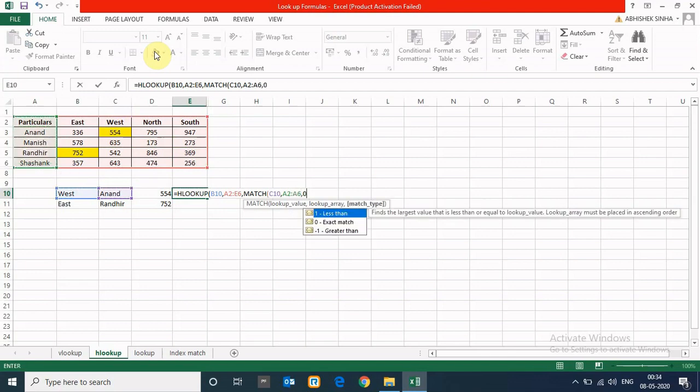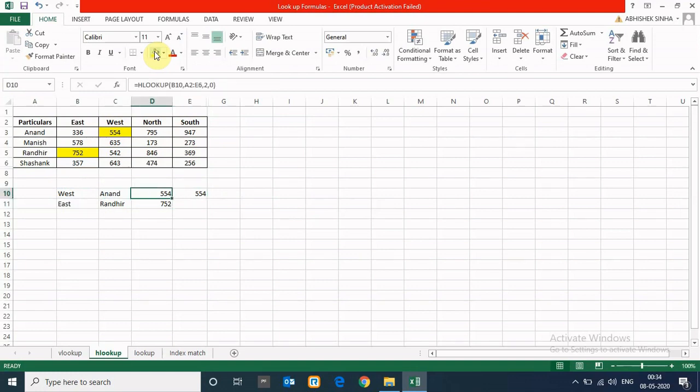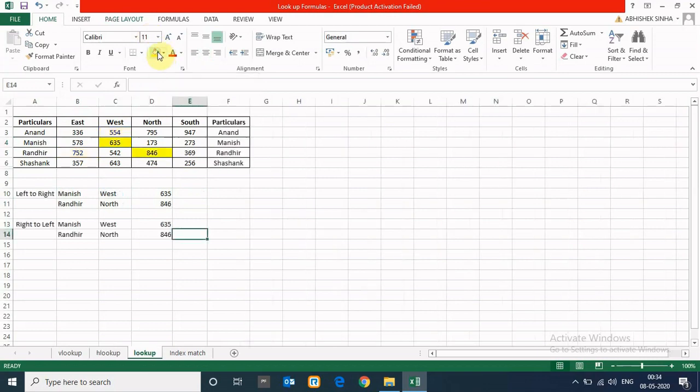Okay, so 0, it's 554. Now it's dynamic, and in place of Anand if I write Manish, I will get the 635 result. So West Manish performance is 635. Okay.